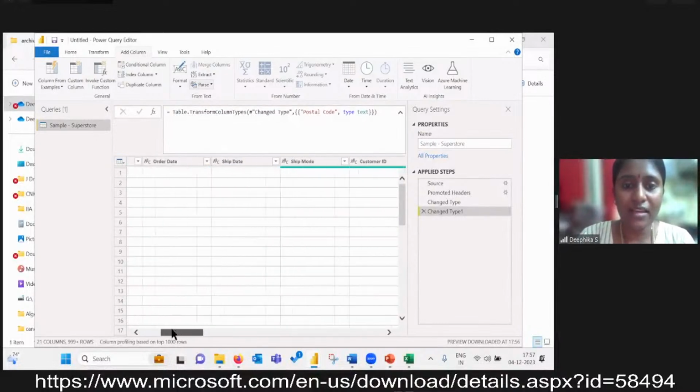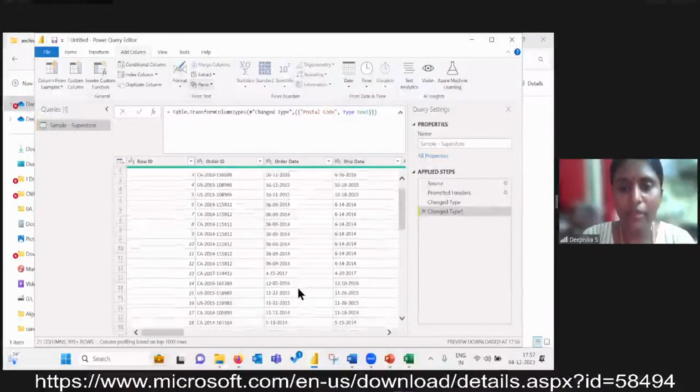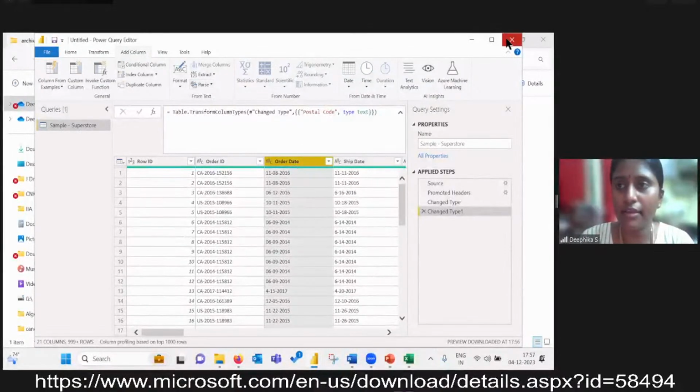Next, there is a problem in the data format. If you just scroll through this Order Date and see,